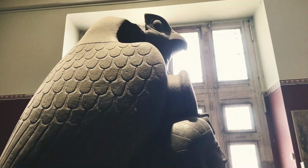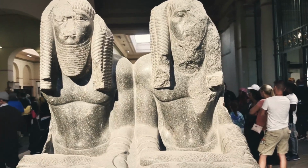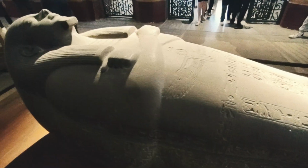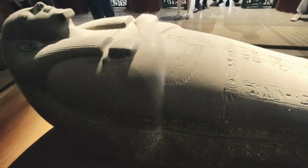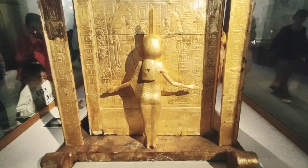Tutankhamun's death mask is probably the most famous artifact found in his tomb. Placed on Tut's face, the 21-inch long, 53 centimeters, ornate mask was manufactured mainly from gold inlaid with semi-precious stones and colored glass paste, and weighs a whopping 22 pounds,